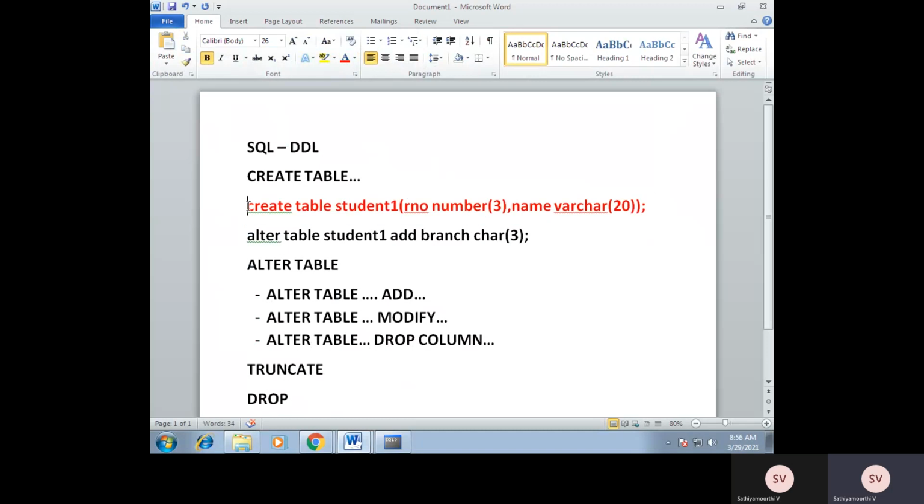So I have created one table called student1 with two attributes, roll number and name, and the data type of that, the domain of that attribute, is number, and the domain of name is varchar. Within parentheses I have given size. It means at most it will accept 3 characters. Here it will accept only 3 digits. Now we will see